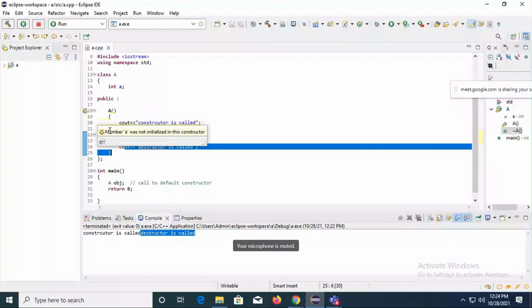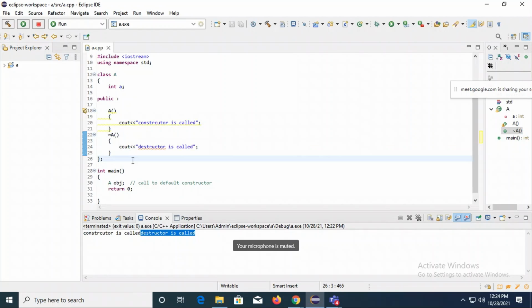But just for now, what are constructor and destructor? So constructor is going to allocate a memory to your object. That means initialize the object. And destructor is going to deallocate the memory. That is, destroy the object space. Okay. So this is what we are talking about, constructor and destructor. Destructor doesn't have any argument.